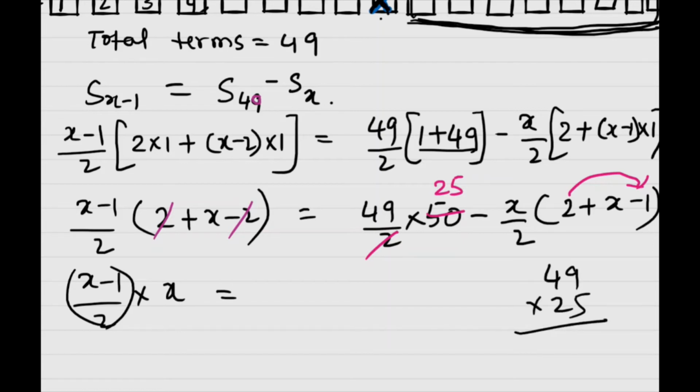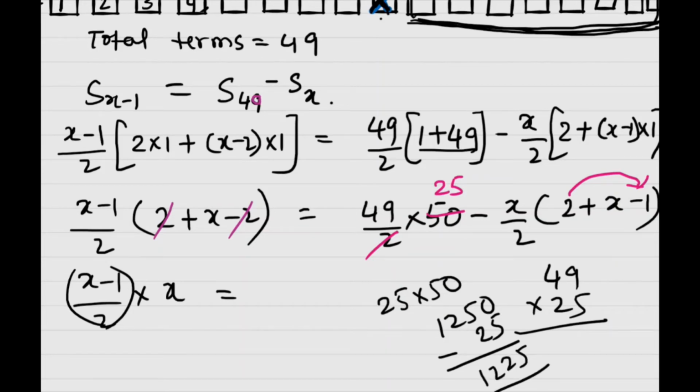See, 49 into 25, better you calculate 25 into 50 and subtract 25. So you will get 1250 minus 25. 50 25s minus 125 will be giving you 49. So this will be 1225. Okay, this is 1225